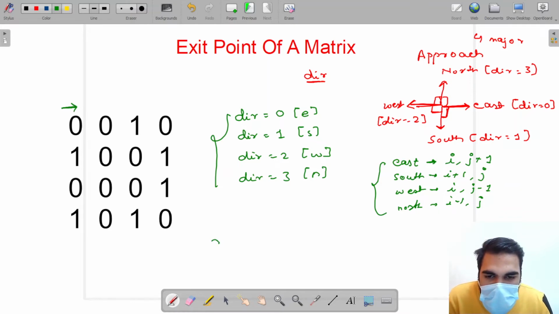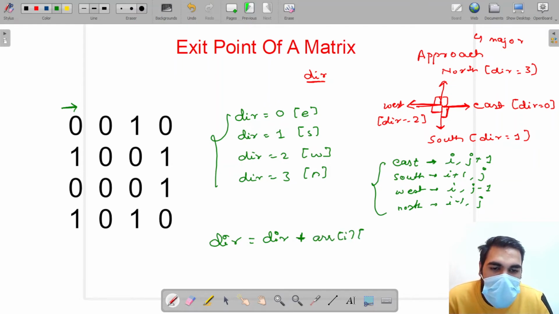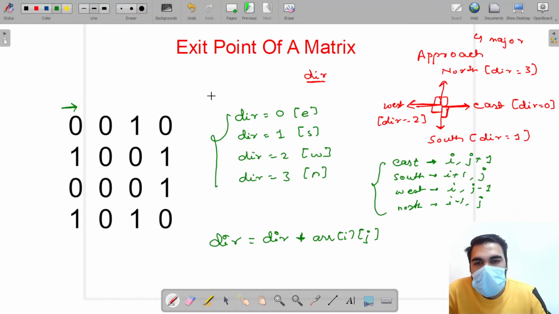Let me write a formula for this. To update your direction, you add the previous direction with array of i j. That is, when you encounter 0 or 1, you add it to the previous direction, and your new direction will change. Let's suppose we initialize our direction with 0.